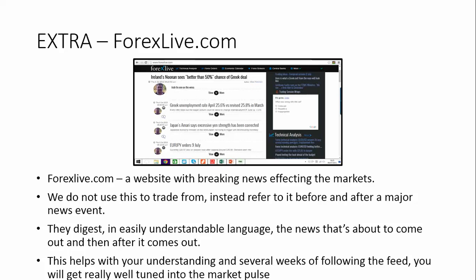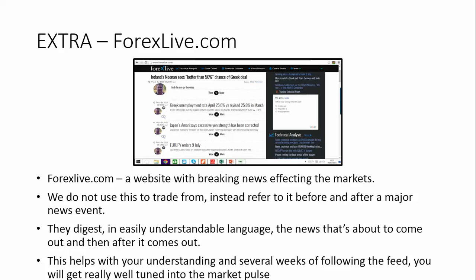And then we've got a couple of extras. ForexLive.com is a website or a resource that I use just to get a little bit more information before and after a news event. We don't use it to trade off. We will use the Forex NewsGun and the Squawk, but what I like to do is just do a bit of research before and afterwards, and this is a great site because it's got guys that will break down the news for you in real layman's terms and just give you a better understanding of what the market's expecting before the event and then how the market reacted after the event, just to give you a bit of clarity on the situation,